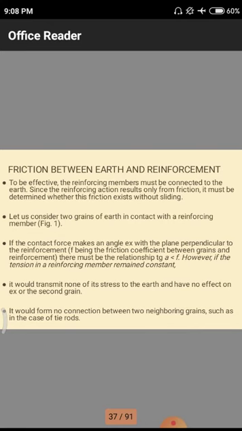Why? Because if there is no friction there is no stagnation. That means whenever the vehicle is moving on the road, there will be some friction needed between the tire and the pavement, otherwise no brakes can be applied to the vehicle. Likewise here, some friction is required between the soil mass and these steel bars, and then there will be some distribution of stresses in the embankments.